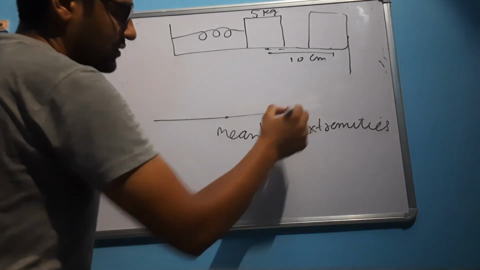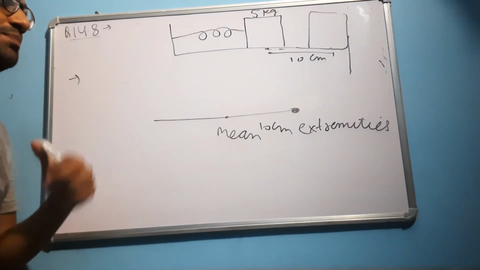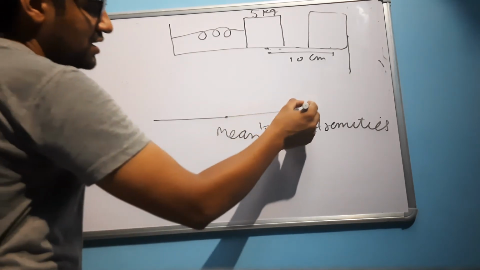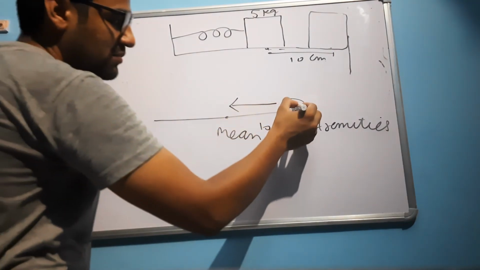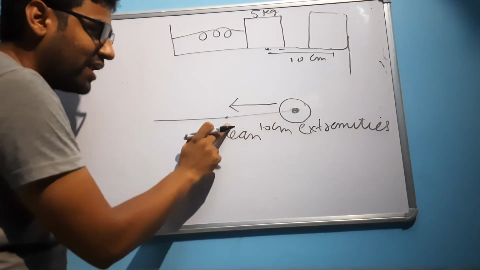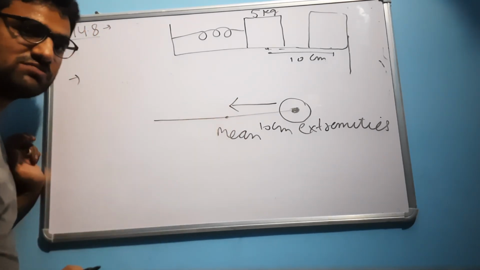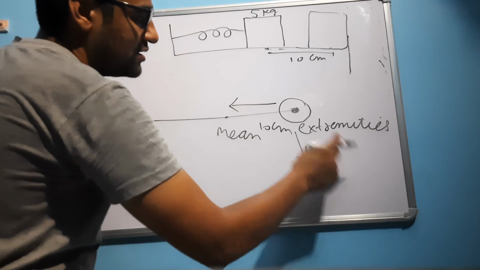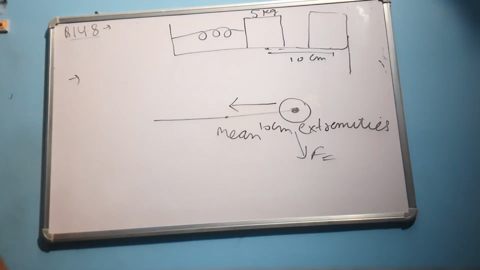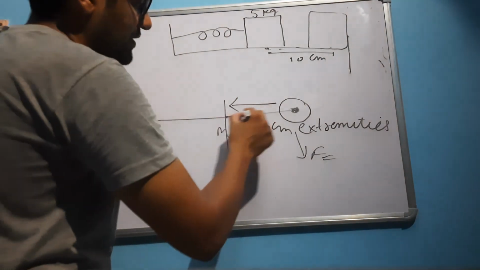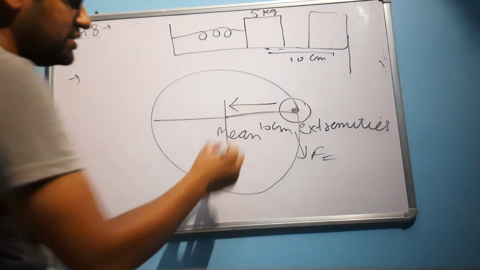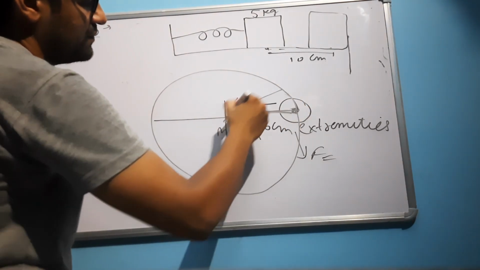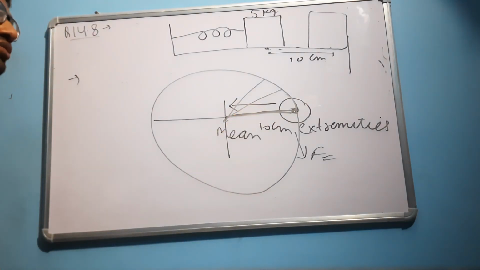If we consider simple harmonic motion like in a simple pendulum, the force applied towards the mean position is maximum at the extremity. When the particle is here, the force applied toward the mean position is maximum. So if force is maximum here, then acceleration will also be maximum here. And what is the angle here? In the projection on this diameter, the angle is 0 degree. So at 0, or at the extremities, our acceleration will be maximum.